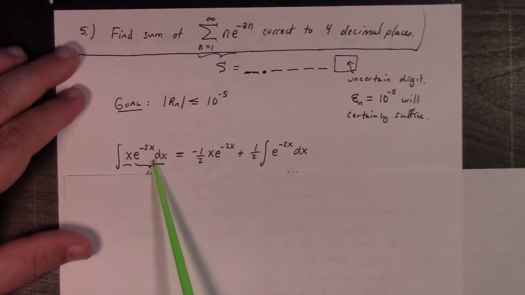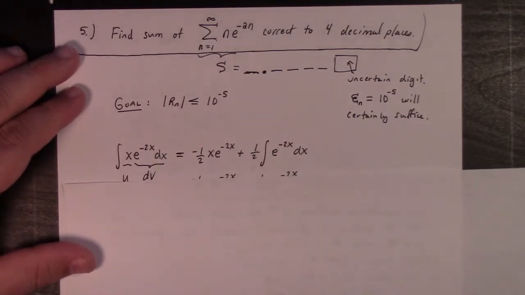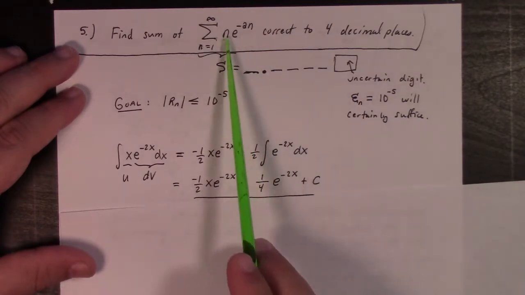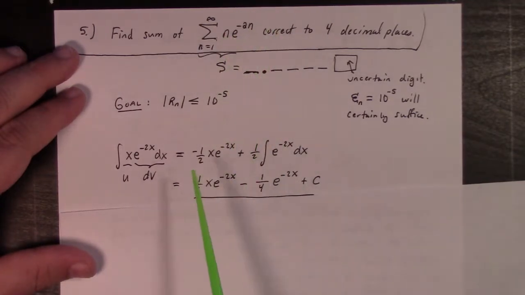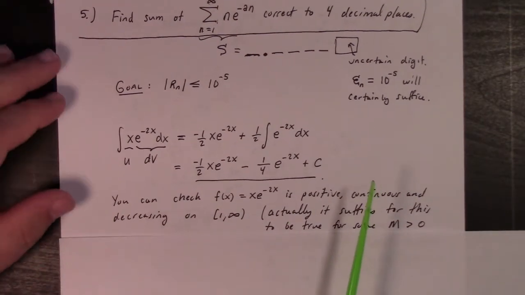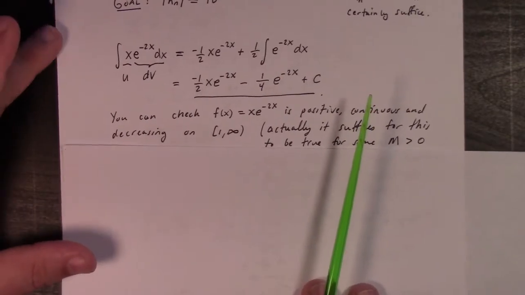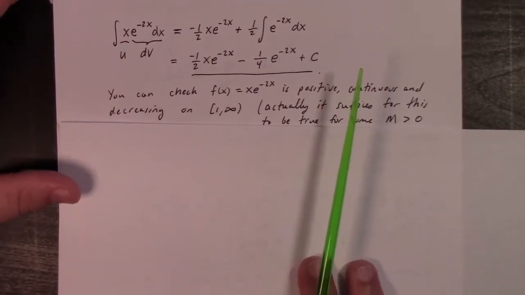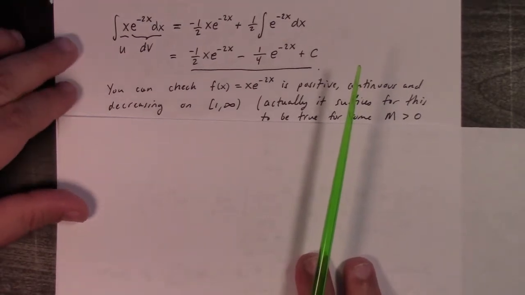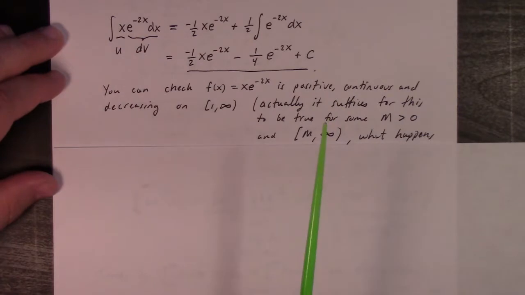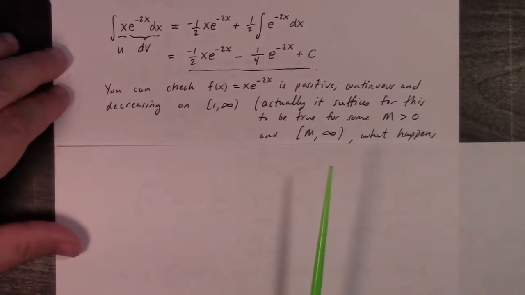Anyway, so integral. Now I'm going to think about the integral test with f of x equals x e to the minus 2x. You can integrate by parts to do that integral. You can also check the conditions. At a minimum when you're doing this kind of problem, even if you don't check the conditions, you should at least claim they're true to convince me you're thinking about it. Sometimes I actually need to see details. It kind of depends on the bigger problem,